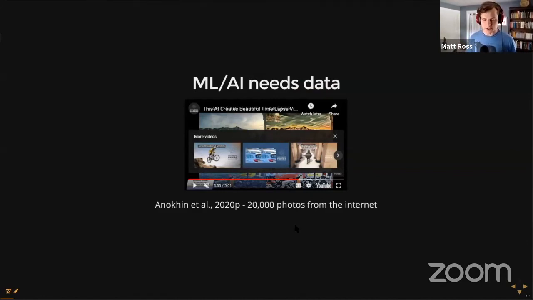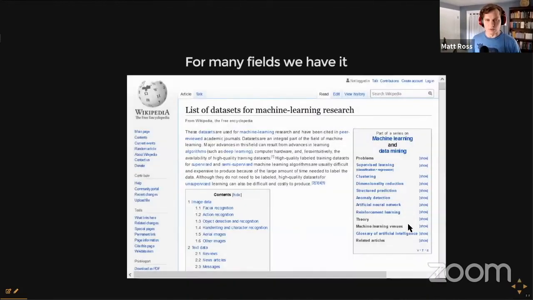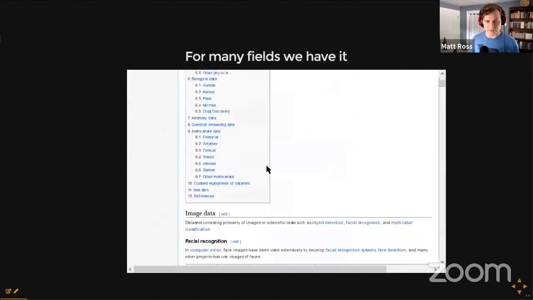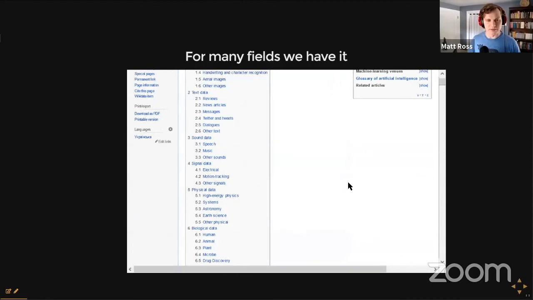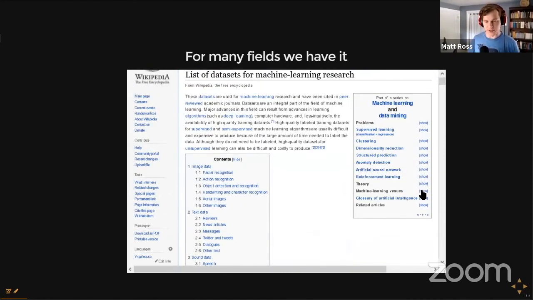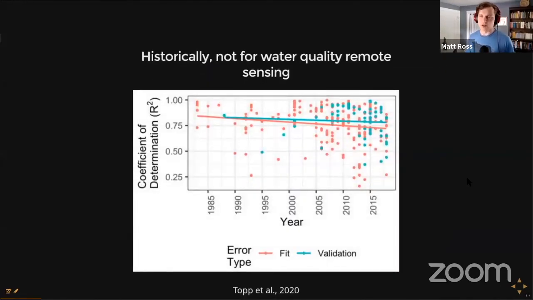open access data. And I think when you look at traditional development in computer science, the core algorithms are developed on these really radically open public data sets, like photos that you can just scrape off the internet, or other labeled machine learning data sets. And when you think about water quality, there's a bunch of these data sets available. I didn't move my slide early enough, but basically in a bunch of fields, there's tons of these labeled machine learning training data sets. But for remote sensing of water quality, we really haven't had this data as much that is open and labeled and very clear and easy to use.